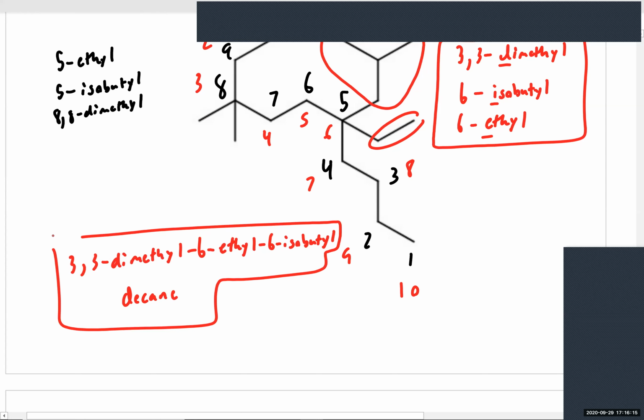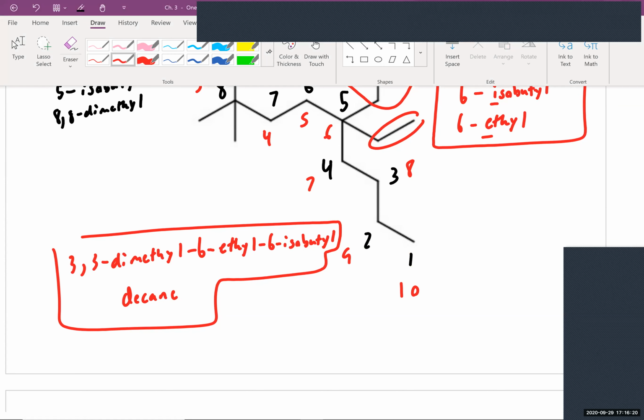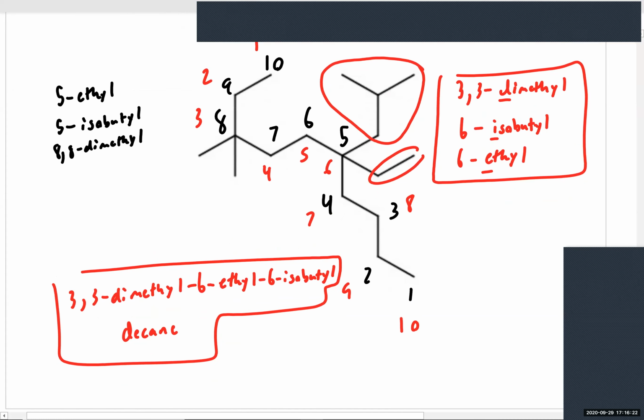Does this make sense to everyone? Any questions on this example? So as you can see, even though the structure looks intimidating, the way that the problem is solved,